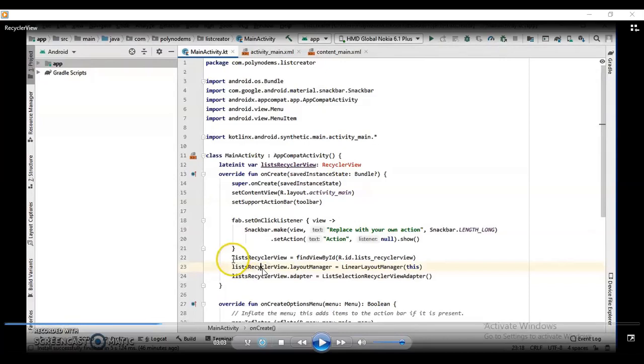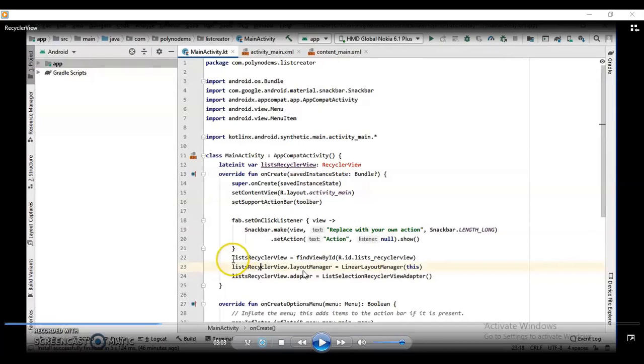The layout assigned to this list recycler view can be set through the layout manager. We are using a linear layout, so the linear layout manager constructor has been called here.